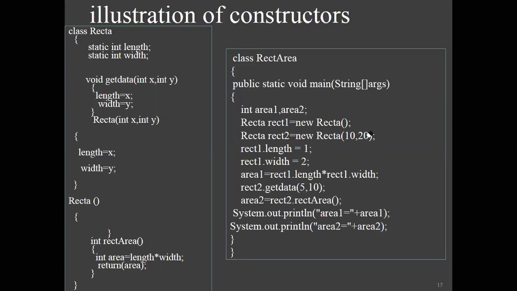Whenever you're using a static keyword, the default values, zeros, will be assigned. In the second approach, they have used the parameterized constructor here. The 10 and 20 will be passed to x and y, and these values will be assigned over here. This is one way, and you can also use your own instance method to initialize the members. So this is how you can initialize all objects.